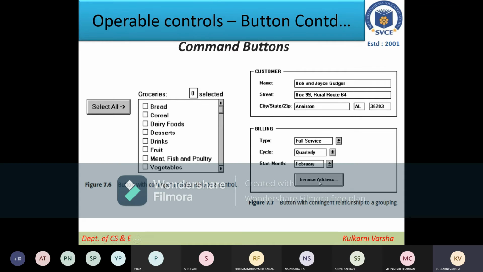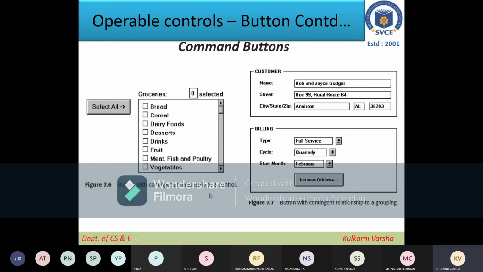So this button which is here has a contingent relationship with this window also. Even though it is within the billing window, it has a contingent relationship with this window also, and both the windows are logically related to each other. So whatever the customer name, with respect to that customer the billing will happen and the invoice will be created.